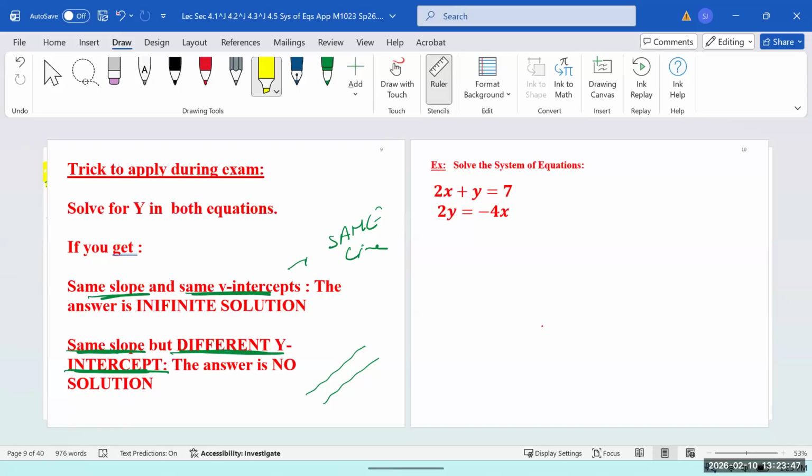Do you input no solution when we finish the question? You don't have to do any math, just solve for y, and then observe slope and y-intercept. So if you have same slope, then you look at the y-intercept. But if you start with different slope, then this method is not for you. Then you have to use either substitution method or elimination methods.